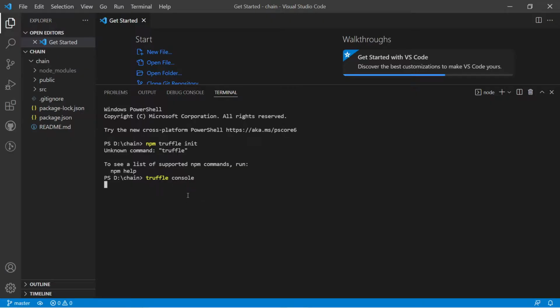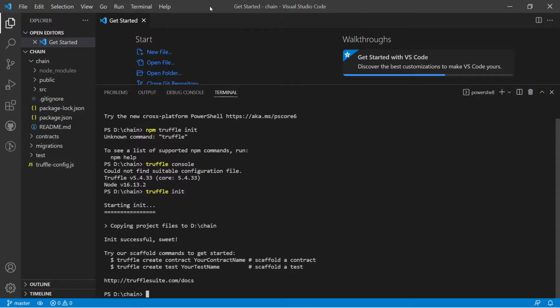Let me check if these commands work, then we are good to go. No, this command doesn't work. Let me use another command like truffle init.